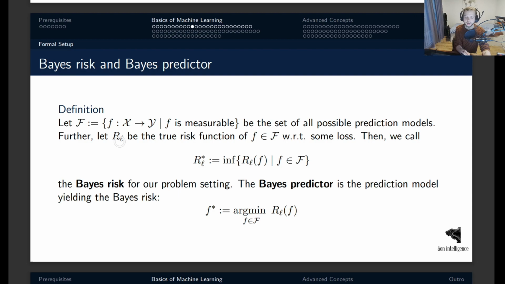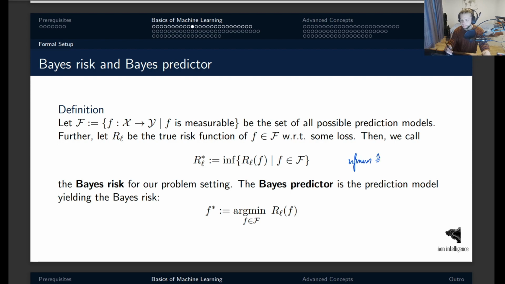Also, let RL be the true risk of F with respect to some loss, as defined before. Then we call R star L, which is the infimum of all true risks that we get by considering all these functions f in calligraphic F, the Bayes risk. This is the Bayes risk for our problem setting. So let's have a closer look at this so that we are all on the same page. In case you didn't know, the infimum